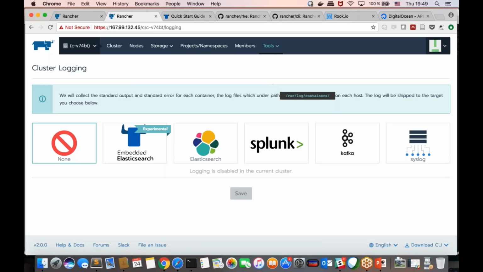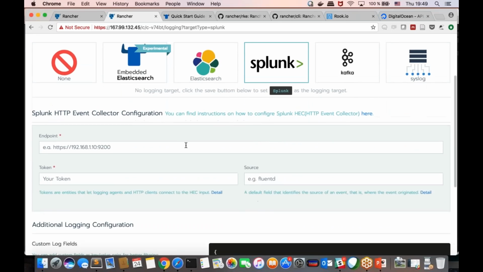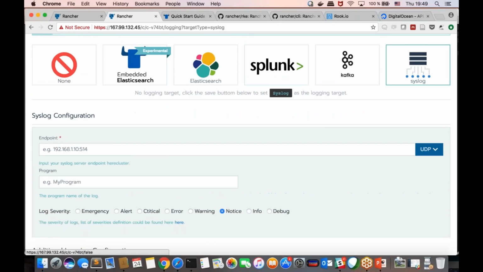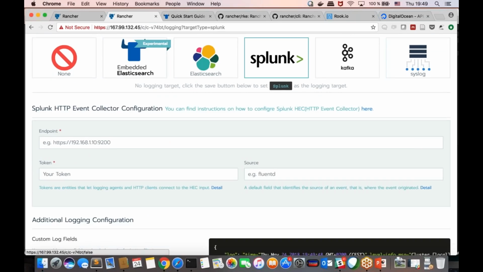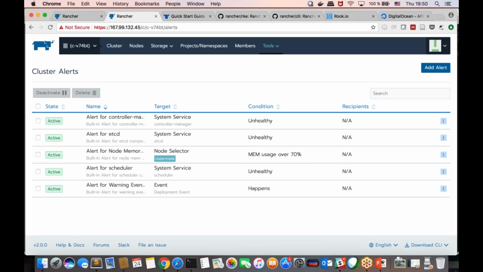So if you go here to logging, for example, if you have an external log aggregator, it's very easy to set it up. You basically just give it the target, let's say a syslog target or Splunk target, and then we send all the logs from the cluster level to that external aggregator. And that means we are not going to send the application logs, but just the stuff that a sysadmin would be interested in. Like, what is the etcd doing? What are the Kubernetes APIs doing? Stuff like that. And similar to that, we also have alerting